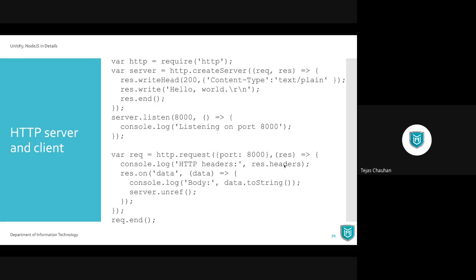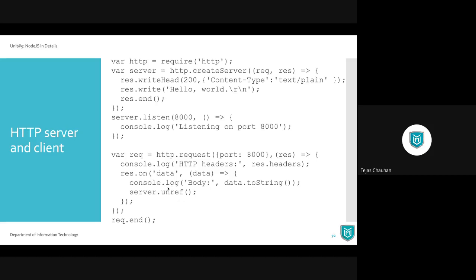You can have response.headers, and you can have response.on data event. As long as request and response both are streams, you can have your events handled properly. So when data is received, it executes this part where you convert data toString and print it.